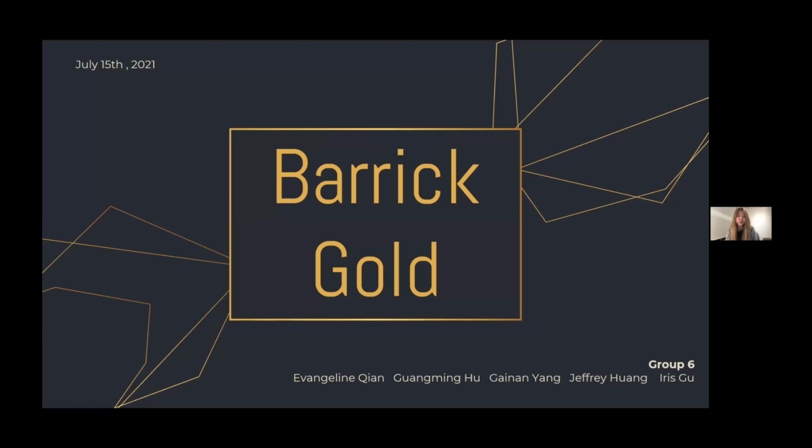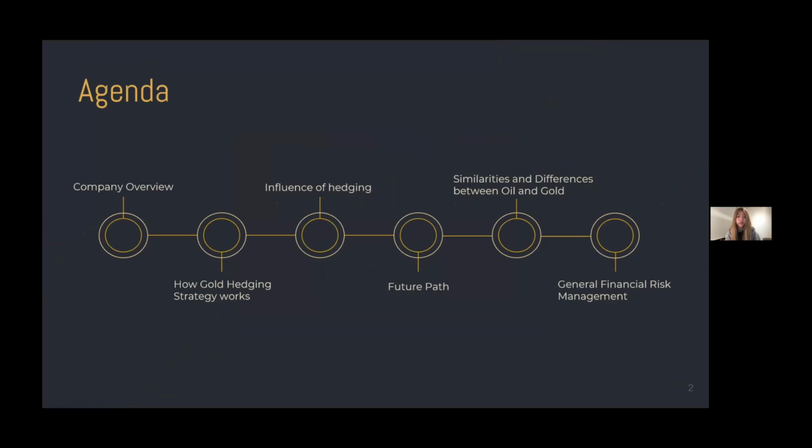Hi everyone, we are Group 6 and today we are presenting the Barrick Gold case. We are going to focus on Barrick's company overview, their gold hedging strategy, influence of hedging, and their future path. We are also going to discuss an interesting topic of similarities and differences between oil and gold with some general